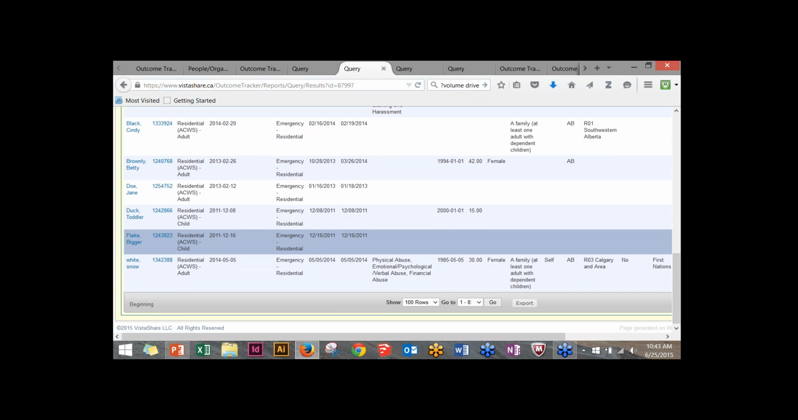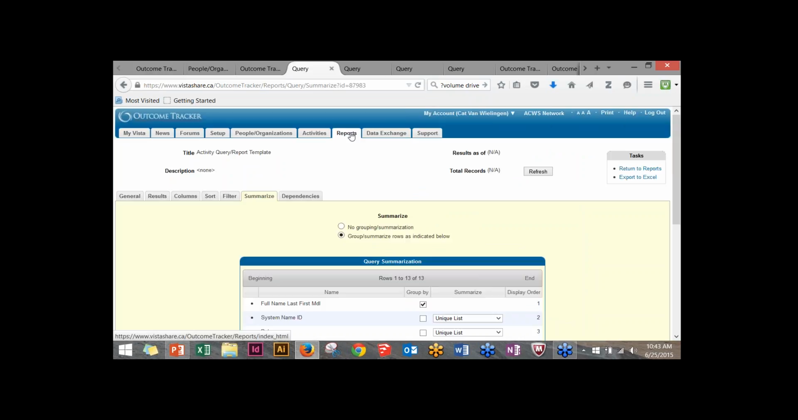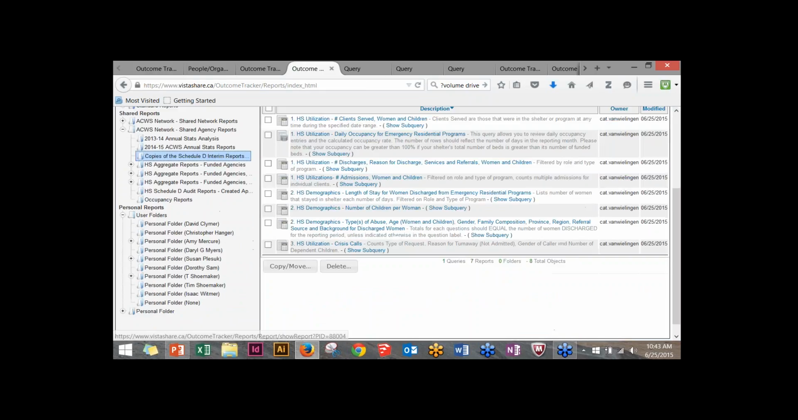Okay. So again, there's a bit of a workflow here, and we're focused mostly on copying and modifying reports, but I'll just remind you that please be mindful of the client group that you would like to copy a query or report from. Identify that query or report. Let's go to the reports page. So identify that query or report, copy or move it to your personal folder in your own site,